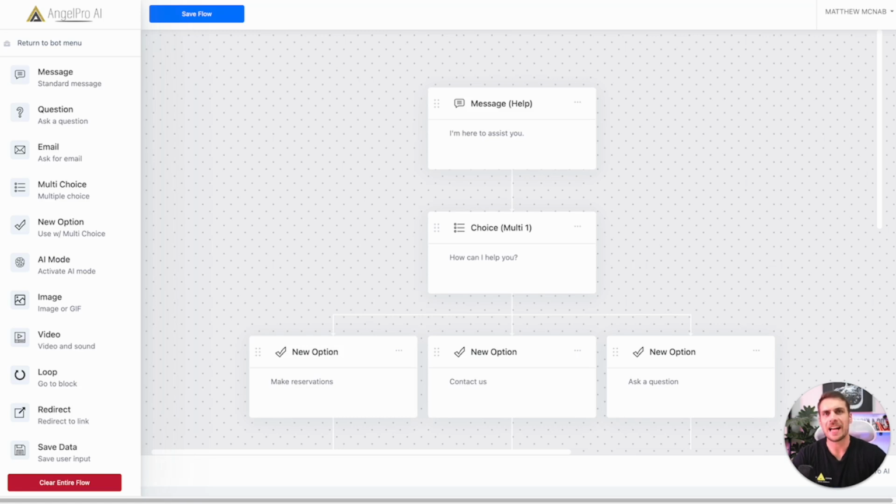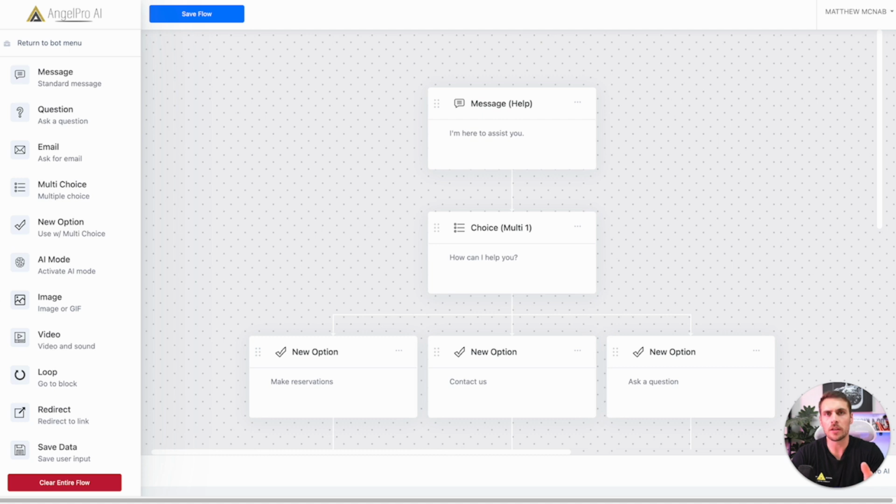Today we're going to go over how to use the workflow, and I'll give you some tips and some best practices when building your conversation workflow. Again, this is for building hybrid bots, and a hybrid bot has a programmed conversation flow that comes before the AI mode. The AI mode is where the user can have a more open conversation with the chatbot, whereas the programmed conversation flow is going to be a static programmed conversation where you can lead your users to particular answers